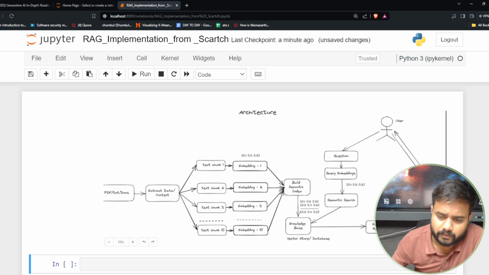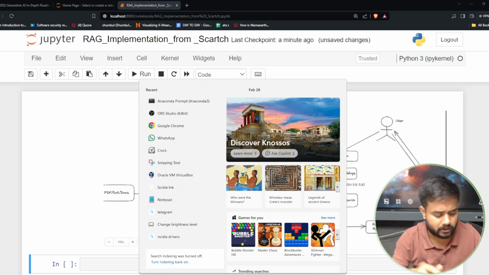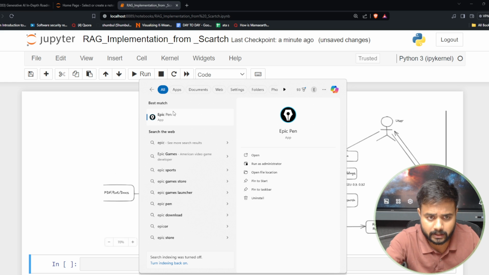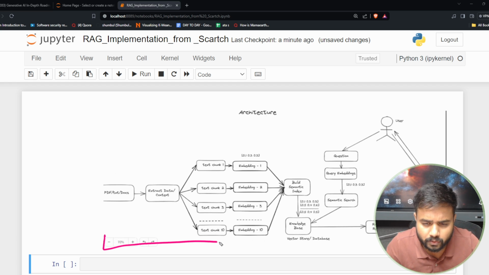Here, if you look from here to here, just focus here. Let me open my Epic Pen also, and then I can annotate each and everything on top of the architecture itself. Okay, perfect. Now what I can do here is write that this particular part, from here to here,